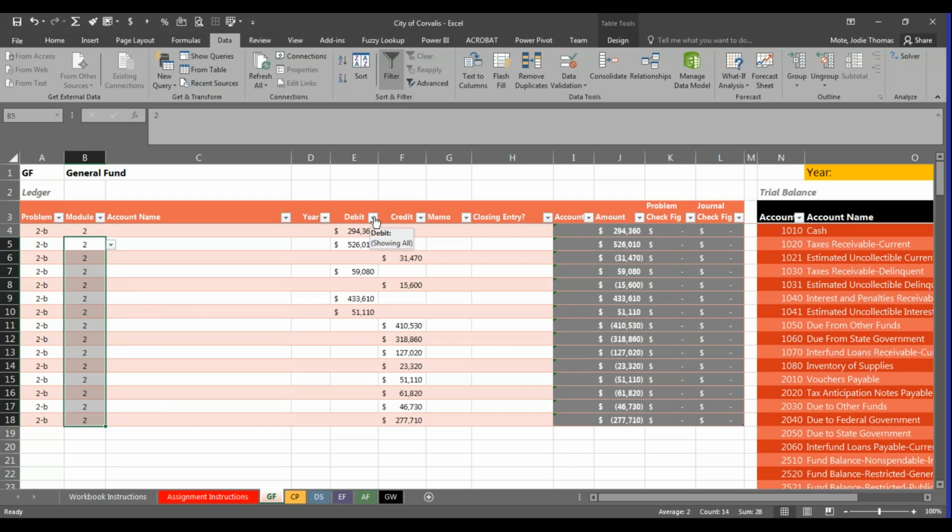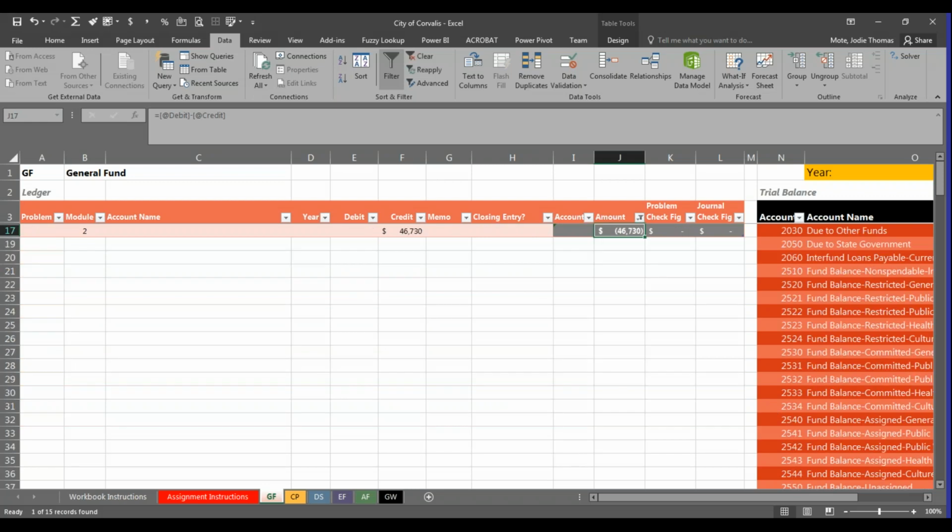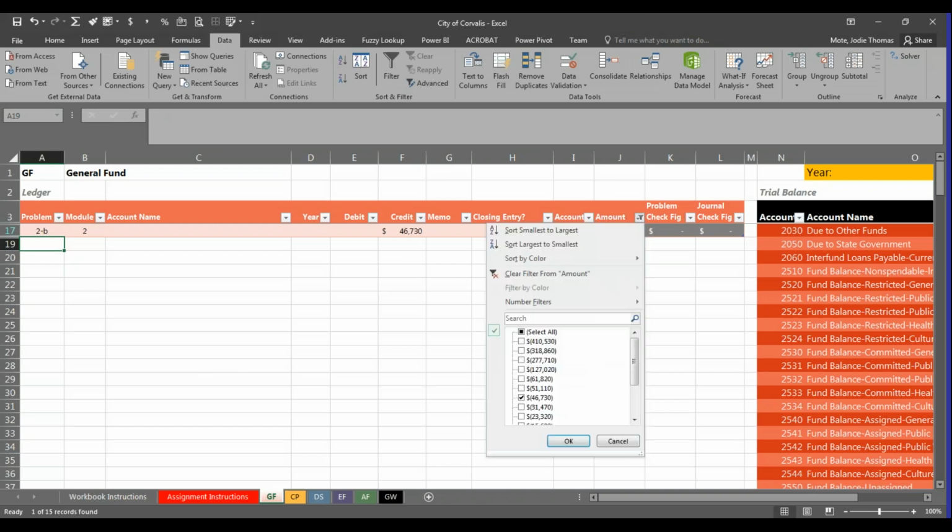If you're out of balance by an amount, and let's say I'm out of balance by 46,730, well, I can go here to the amount column and filter it to see if I can find an entry. And there we go. And see, here's my cause. The problem number is out. So feel free to use the